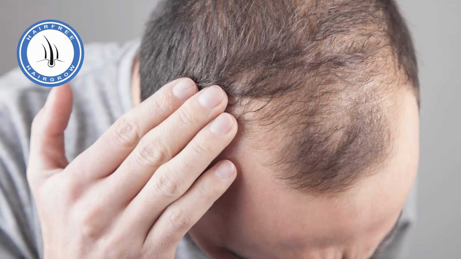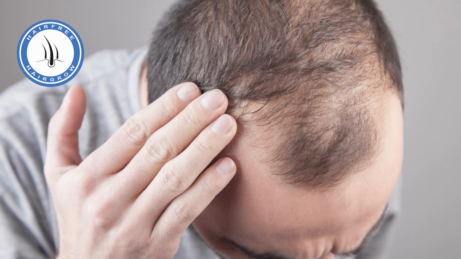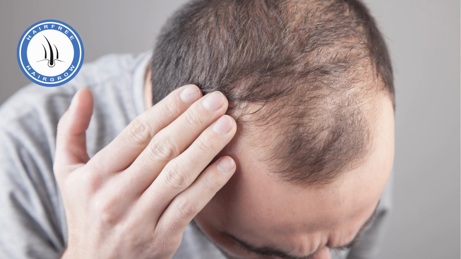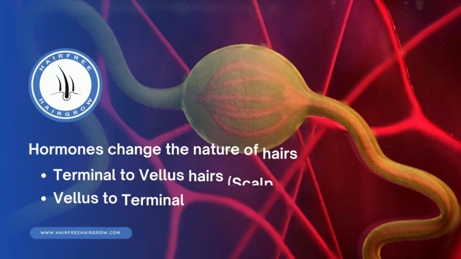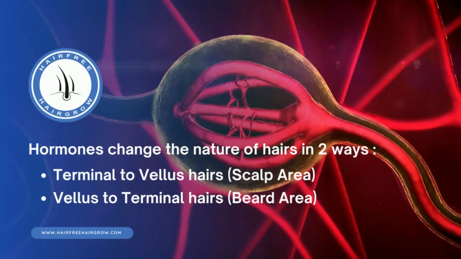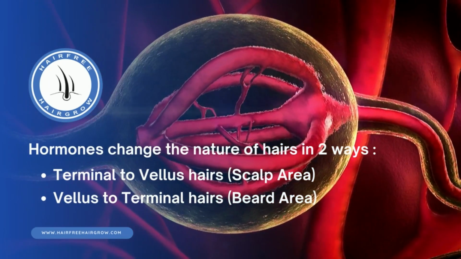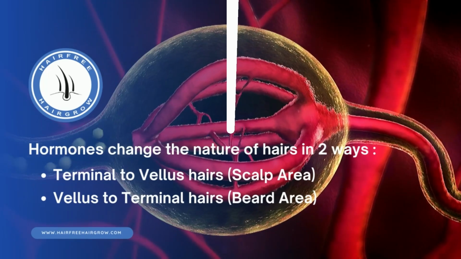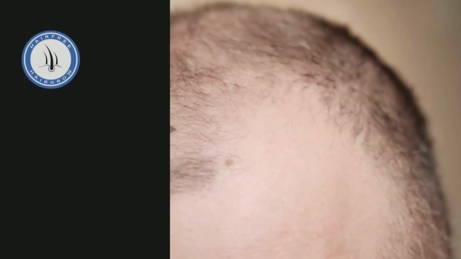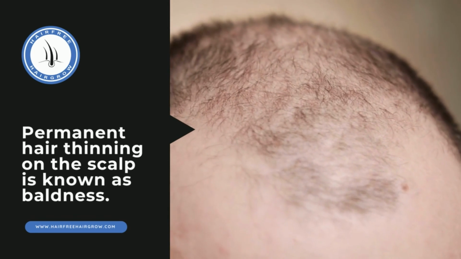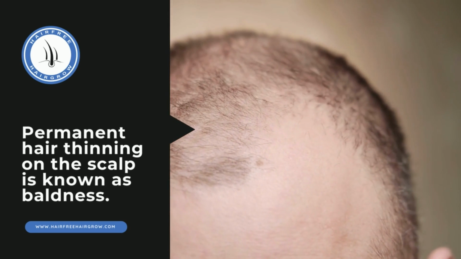Similarly, when people get hairs over the body, certain terminal hairs on the top of our scalp get depleted as well. They will change to vellus hair. So hormones do change both ways: the hair character from terminal thick hairs to thin hair on the baldness areas, and thin hairs to thick hairs in this particular male portion like the beard area. So baldness is termed as gradual, permanent hair thinning on a certain area of the scalp. That is known as baldness.